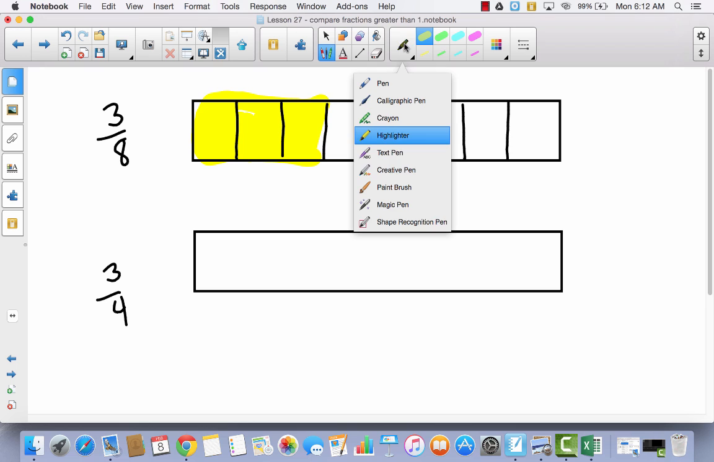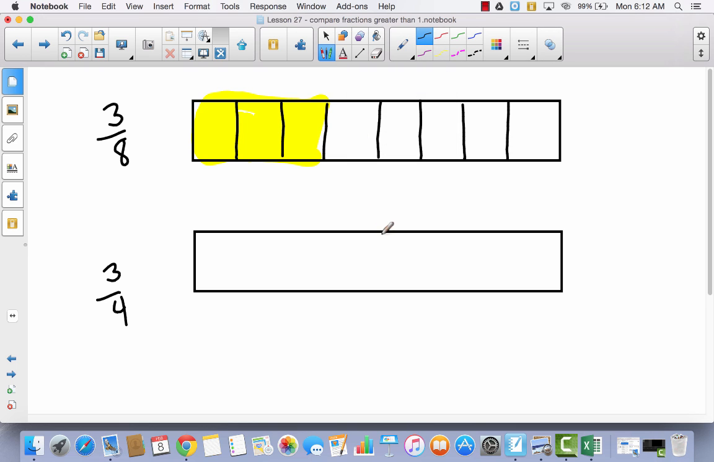All right, so on the one down here on the bottom, I'm going to divide this into fourths. So I'm going to start with halves and then fourths. And again, I'm going to shade 3. Okay, so this is 3 out of 4. This is 3 out of 8. Now, if I want to have common denominators,